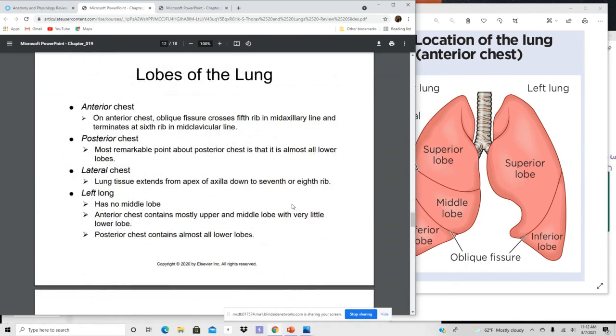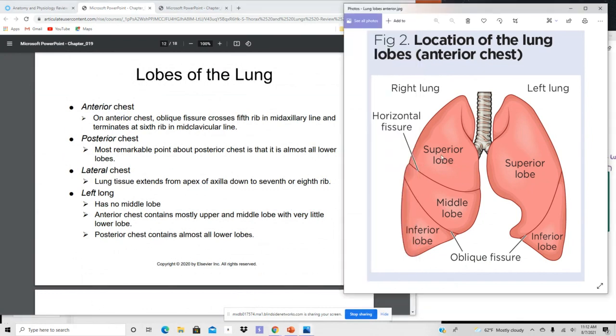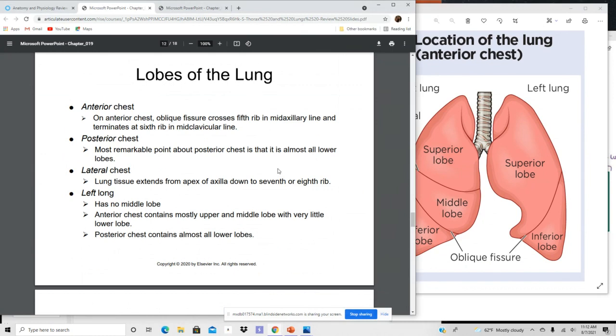This is just talking again about the lobes of the lung. The anterior chest has the oblique fissure, which crosses the 5th rib in the mid-axillary line and terminates at the 6th rib in the mid-clavicular line. The posterior chest